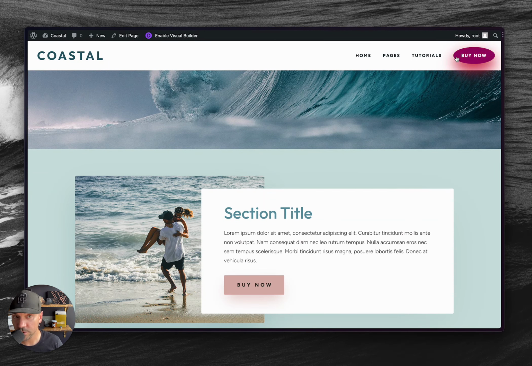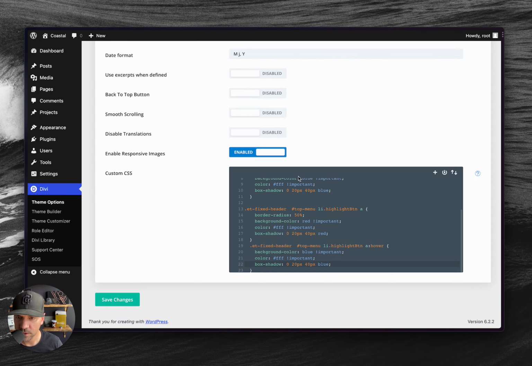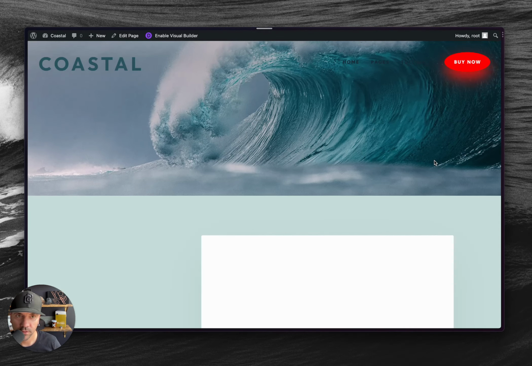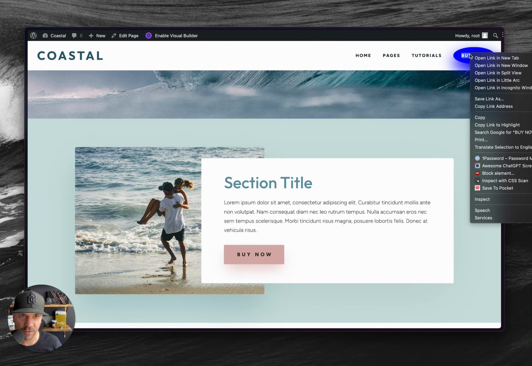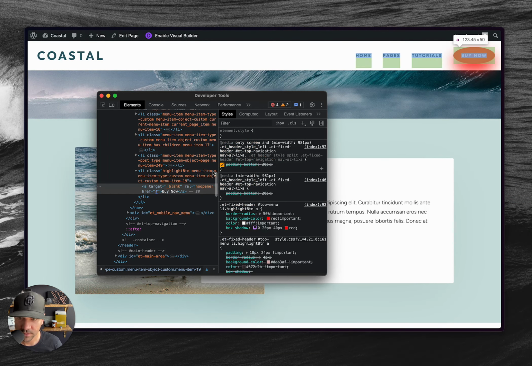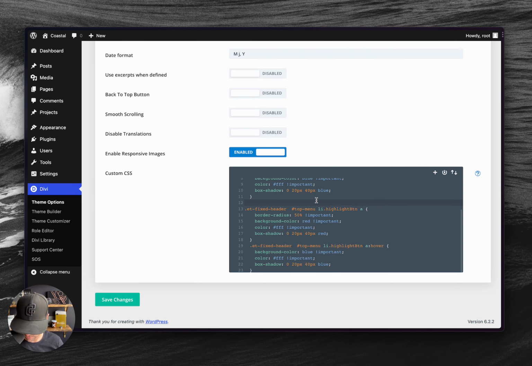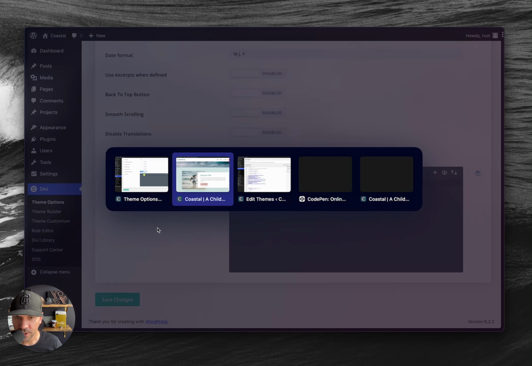Now it didn't do the border radius, so let's see why. Border radius 50%. Let's just add an important behind that, like that. And let's see if that gets that changed. Or that actually could be 50%. Oh, it is. There you go. Oh, so terrible. Anyway, I'm going to undo all that, of course. But that's how you adjust that